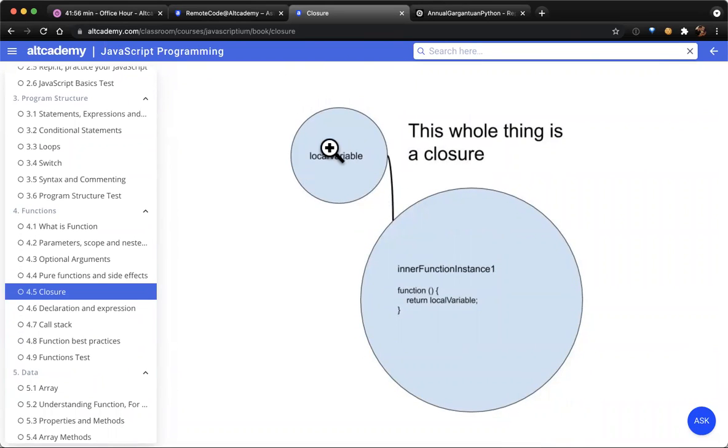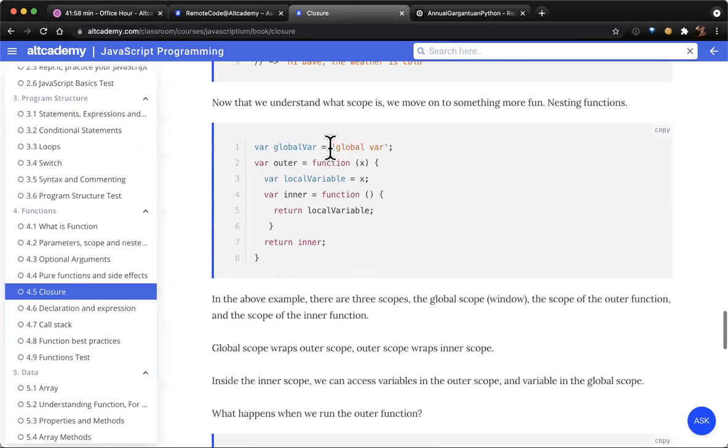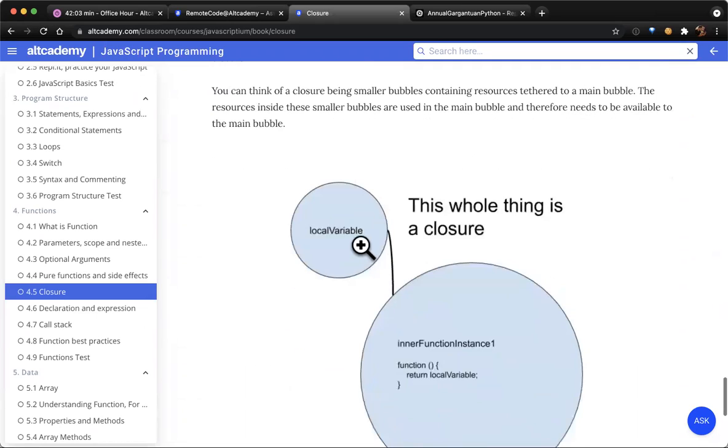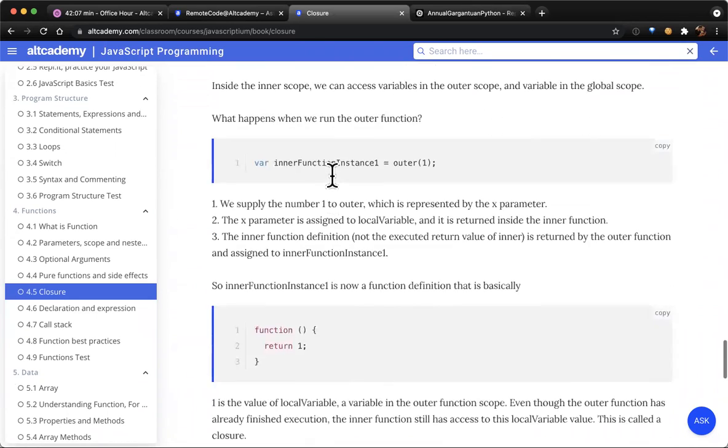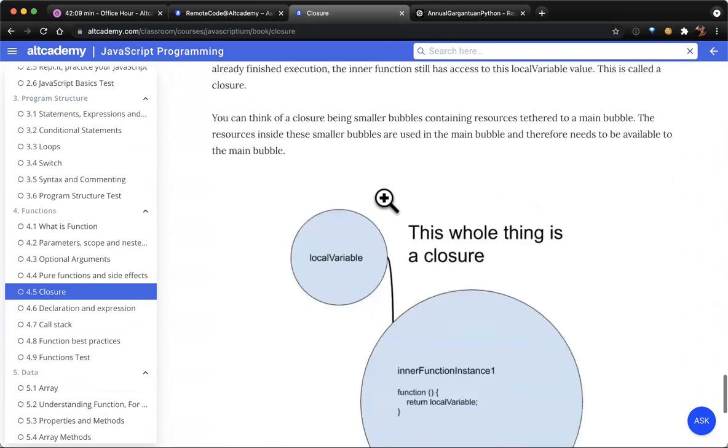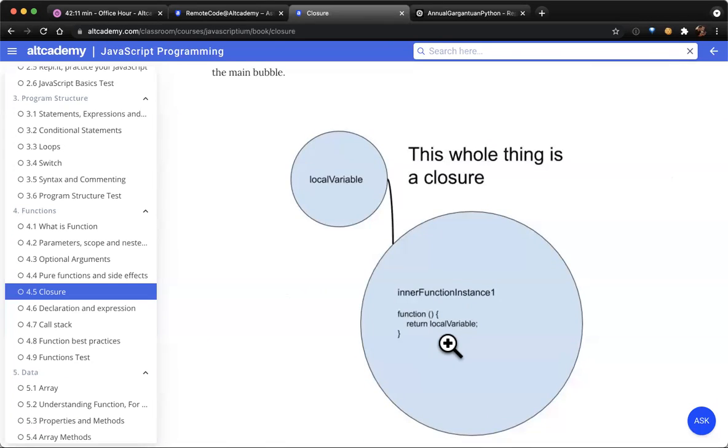So this local variable, which is in the scope of the outer function, is attached to this inner function instance 1. So even though the outer function has executed and it's destroyed, this local variable value, which lives in the scope of the outer function, is not destroyed.